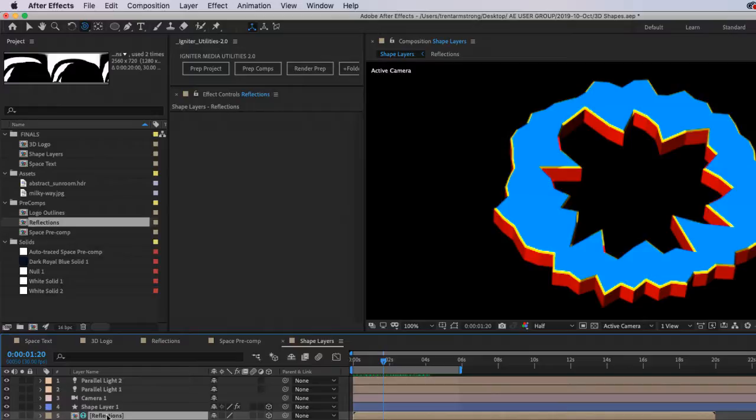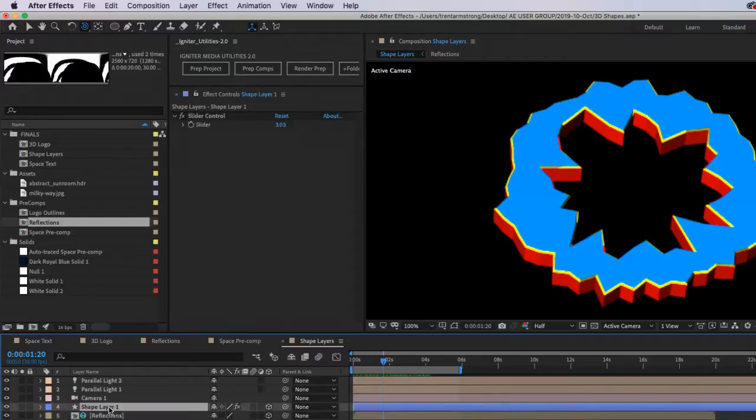Okay, so let me see if I can help you understand. There is a Cinema 4D renderer that works inside After Effects. It's taking the shape or text and just extruding it and maybe adding a bevel.